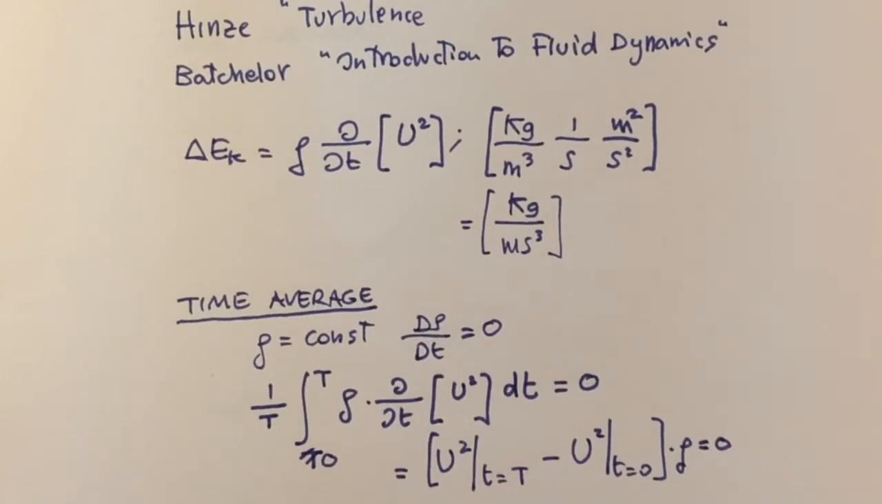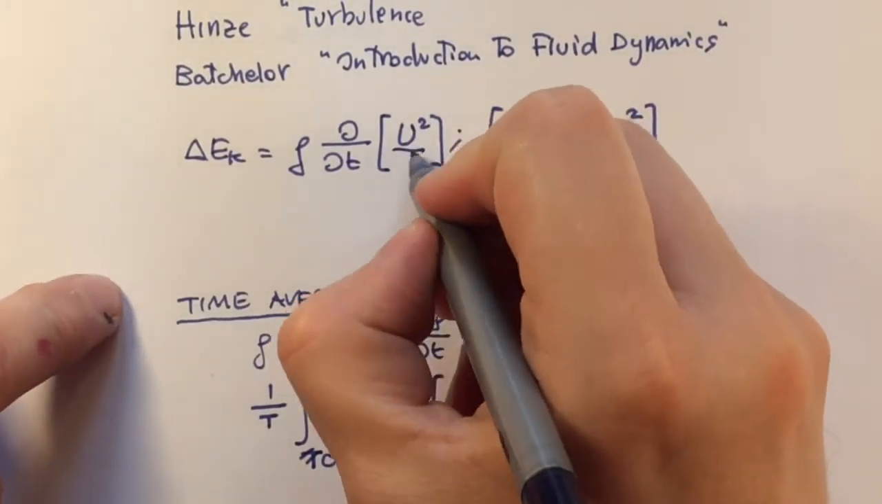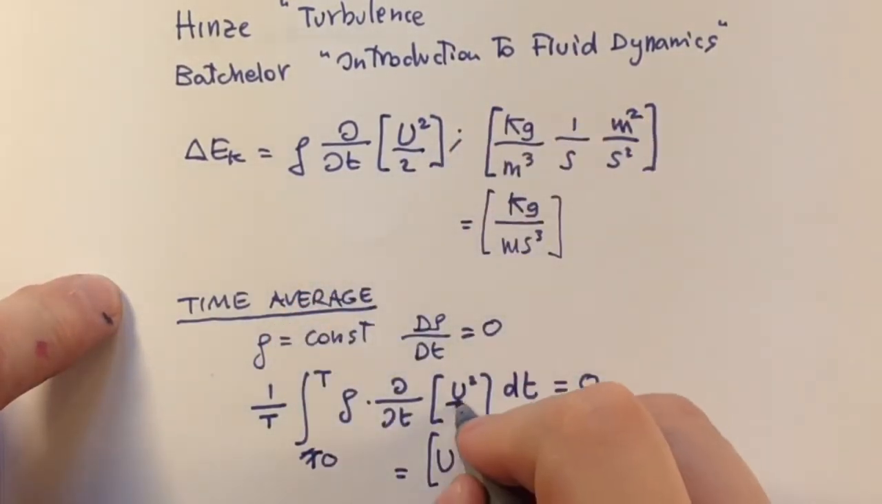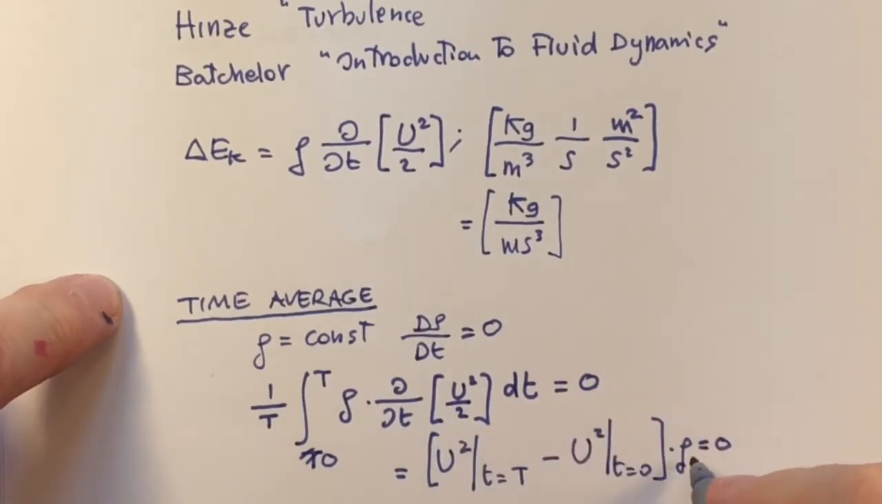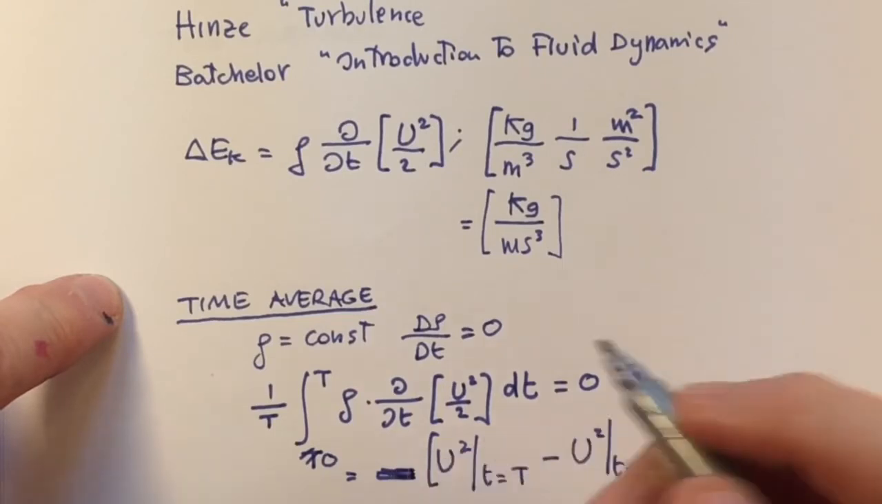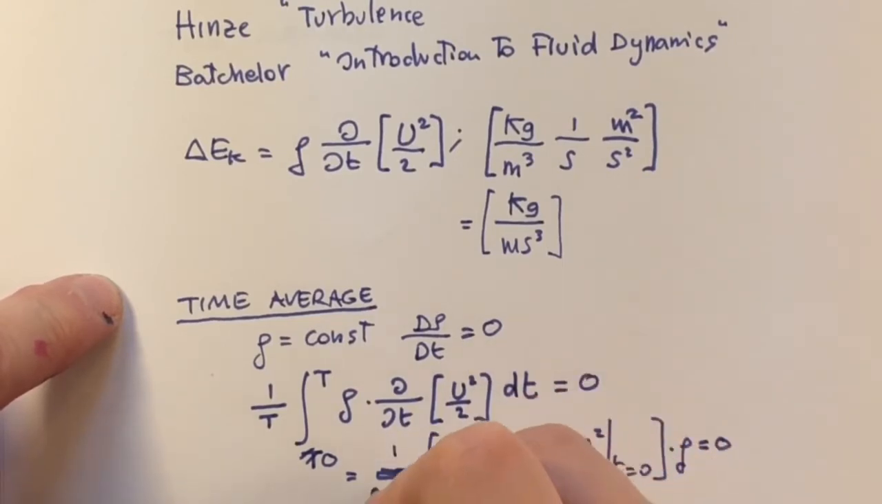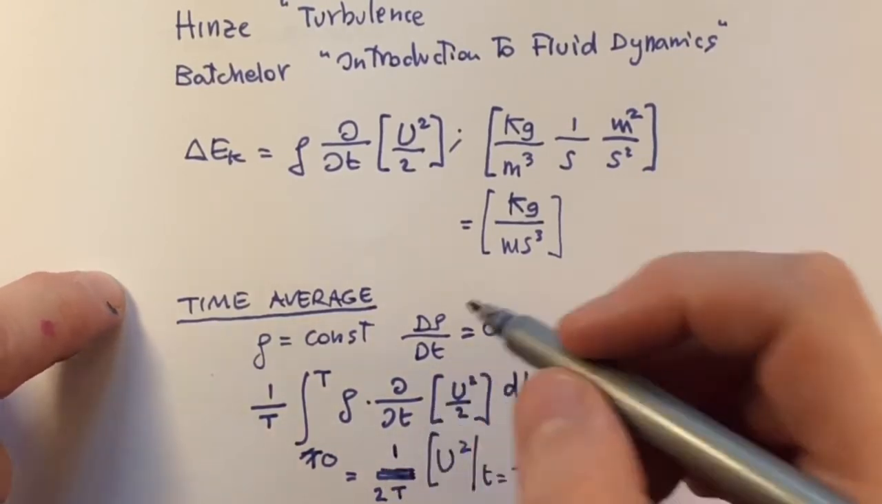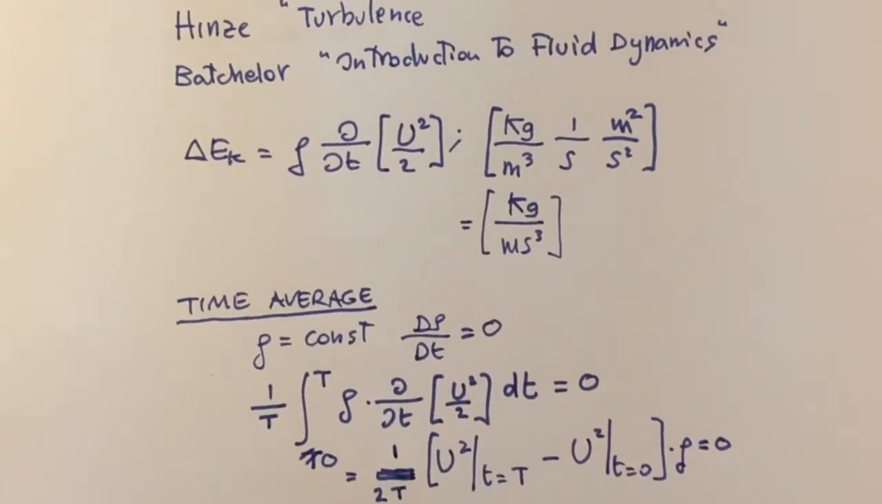Actually, we have missed a 2 here. So divided by 2, but it doesn't really matter because it's 0 anyway. Okay, so